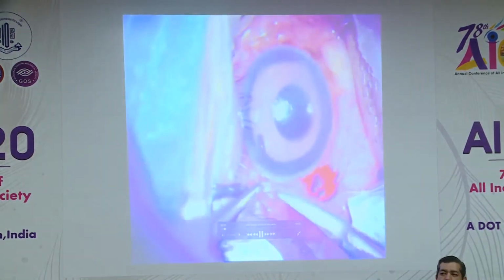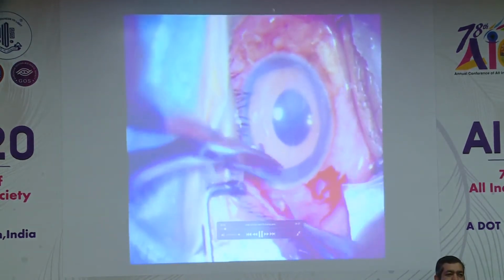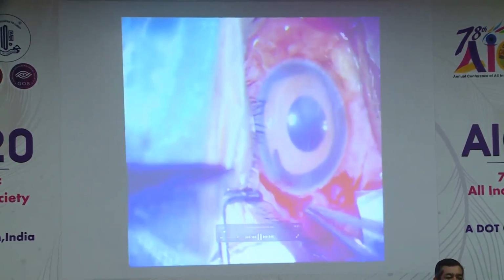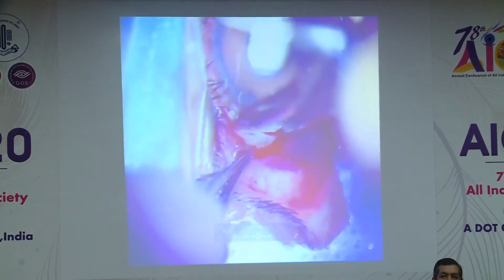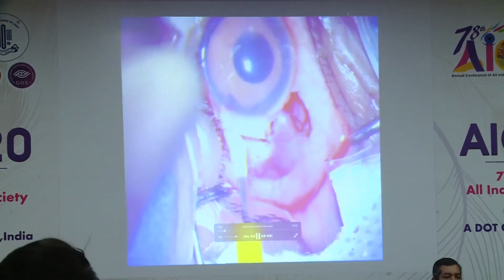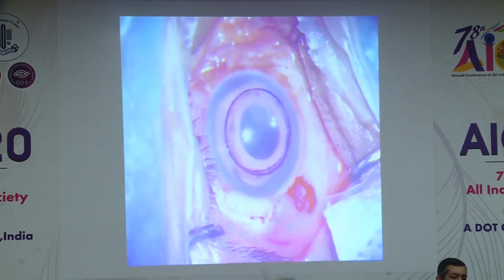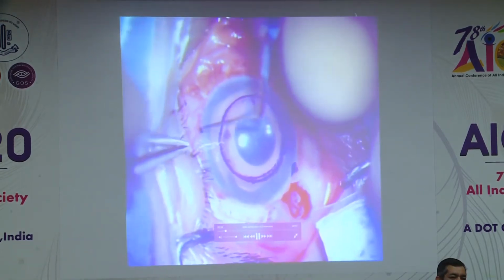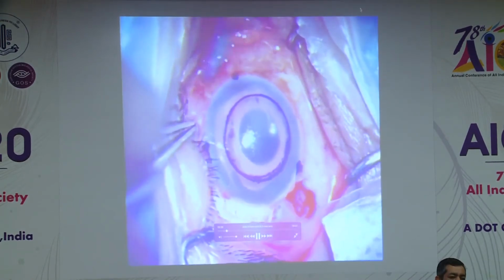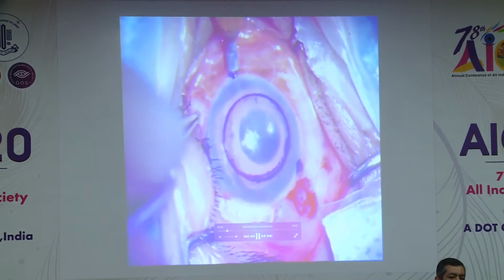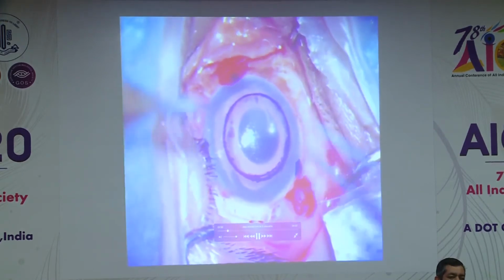This is a case which had a trauma, had suturing done somewhere there, and had an aniridic IOL. So my technique is that I make a temporal tunnel and I take the size which is 3 millimeter less than white to white, mark my side ports, and I always put an AC maintainer inside.